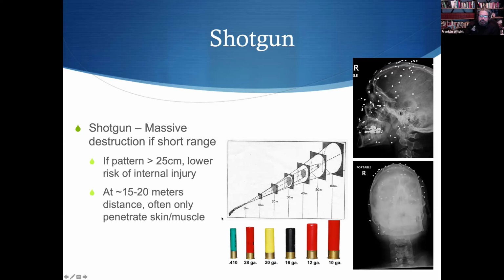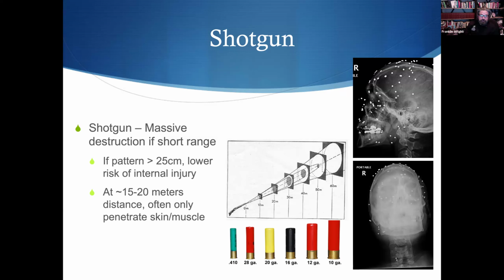That matters because spheres actually don't retain velocity very well. And again, a lot of what we're looking at for how much injury something creates is its velocity. So as that pattern spreads wider and wider, the pellets are going slower and slower. And so we can see the effects of that on the human body, where if you look at the human